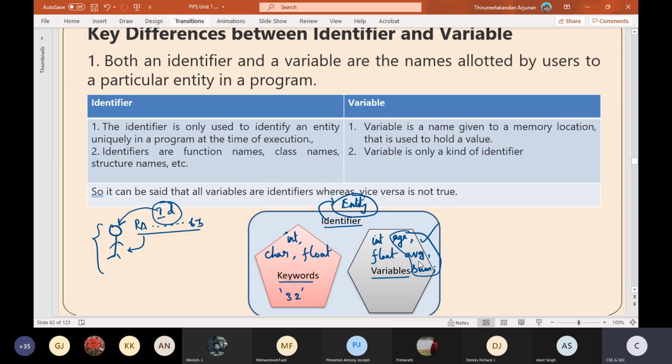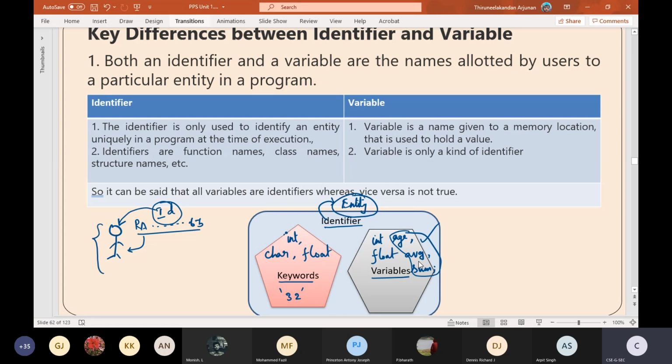For example, I am writing one program and I give a heading to my program as main, and after that I write many instructions into that main program. I have told that an identifier is a label given to some object. Now this main is also an identifier. Yes or no? Main becomes an identifier for this entire program.